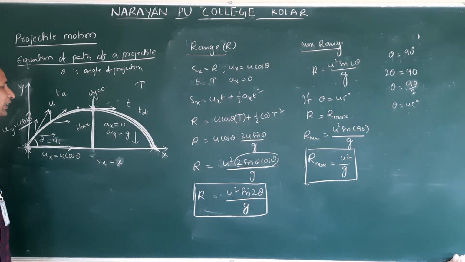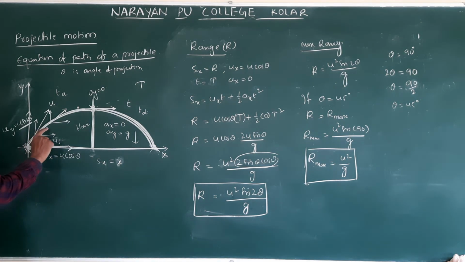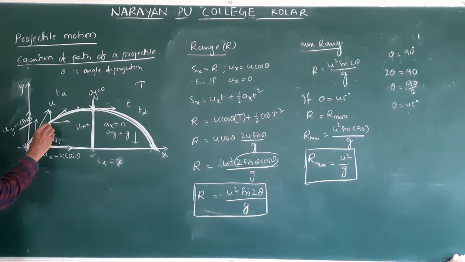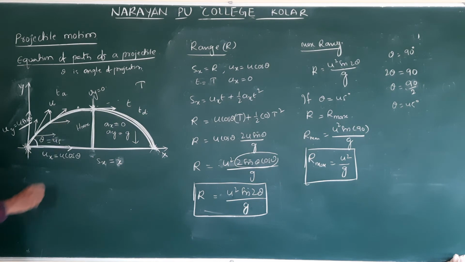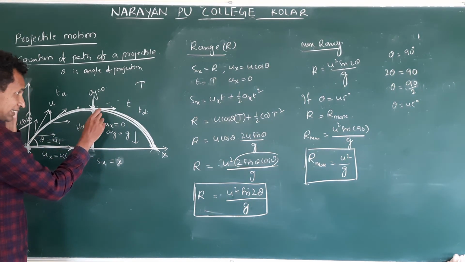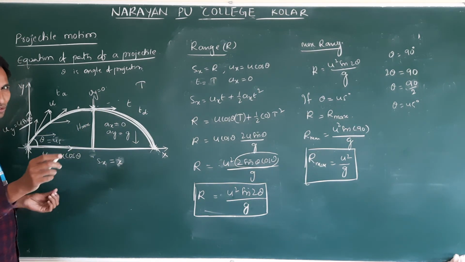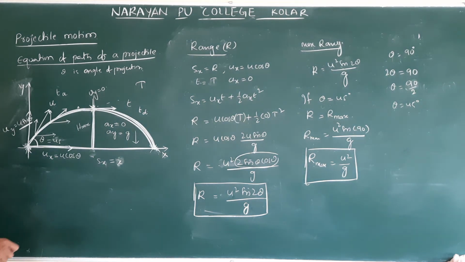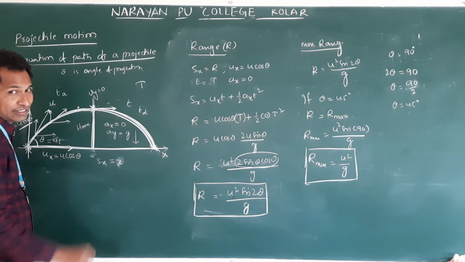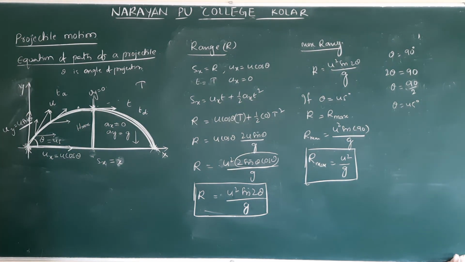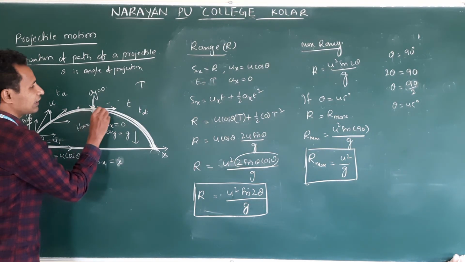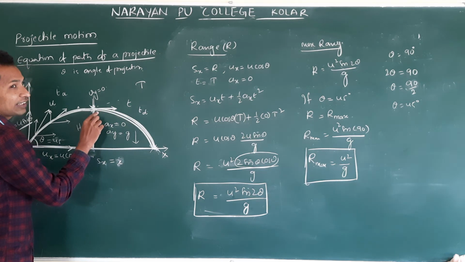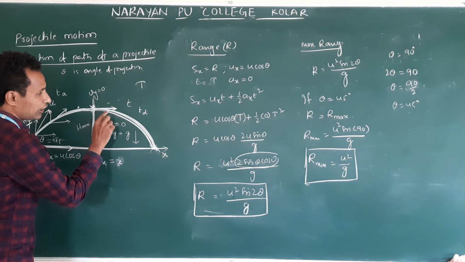Now come to this figure. Throughout this journey, acceleration here, velocity at the maximum height, we have a special question. These are very 1 mark questions, where the acceleration and velocity are perpendicular in a projectile motion. We do expect questions like this. At the maximum height, horizontal velocity is there. Why is horizontal velocity there? It follows the path like this.